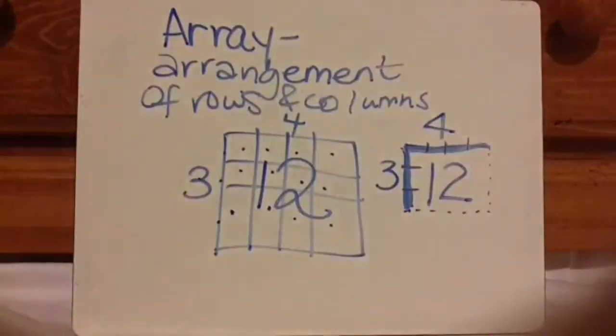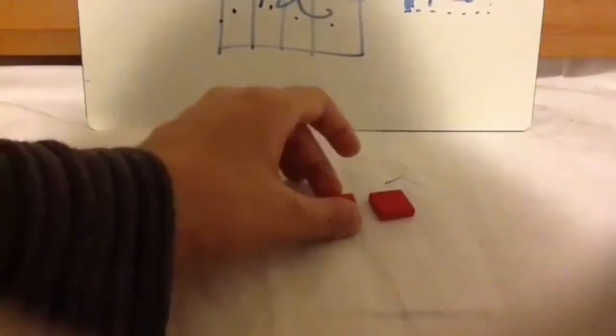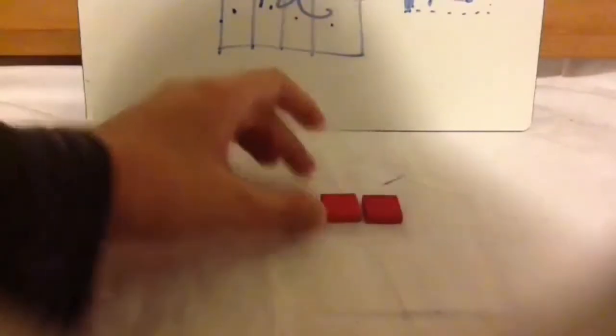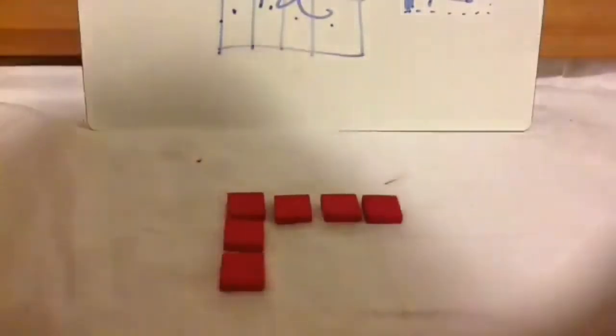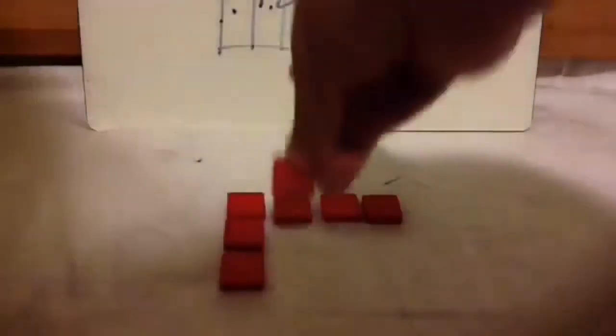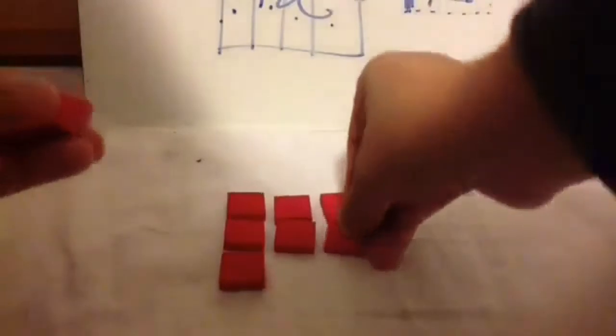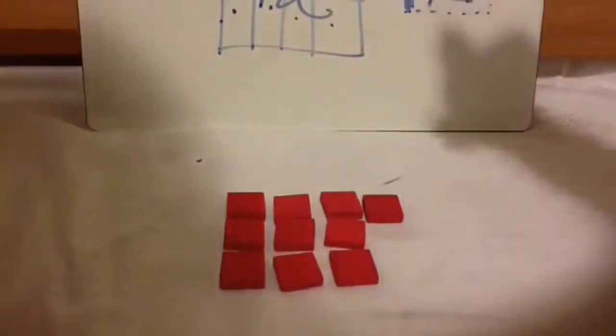So I have here, so let's do 1, 2, 3, 4 columns, 3 rows, okay, and then we'll fill in the rest. So here is 12 pieces